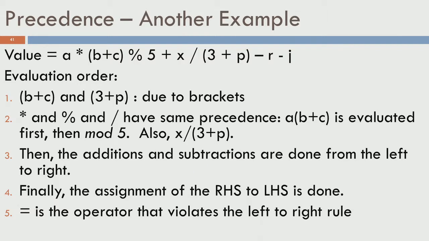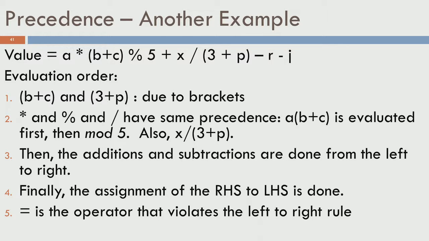So, let us see another example here. So, A times B plus C percentage 5 plus x by 3 plus p minus r minus I. It looks complicated enough, it is also not a very good thing to write. So, I am giving it only for illustration purposes, you should not be writing such things in your programs. So, the evaluation order is B plus C and 3 plus p would be done first because of the brackets that you have around them,